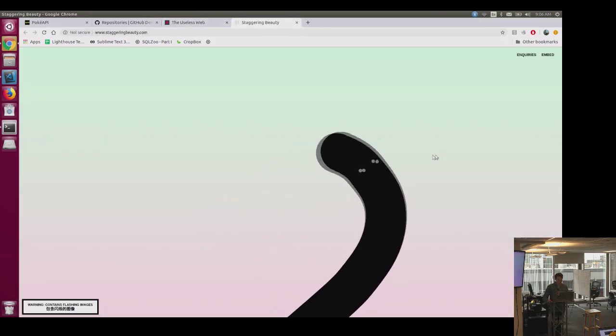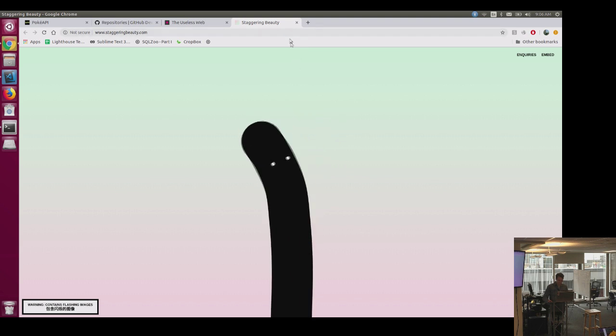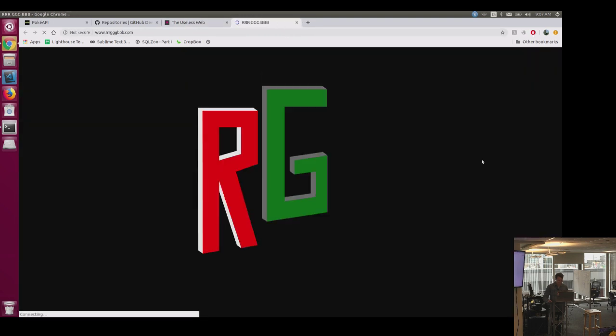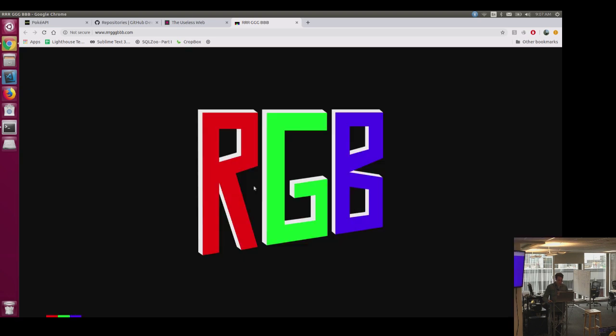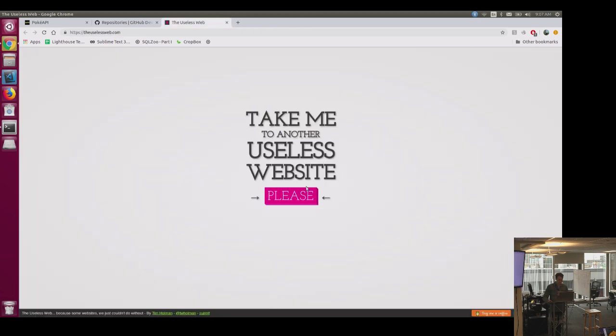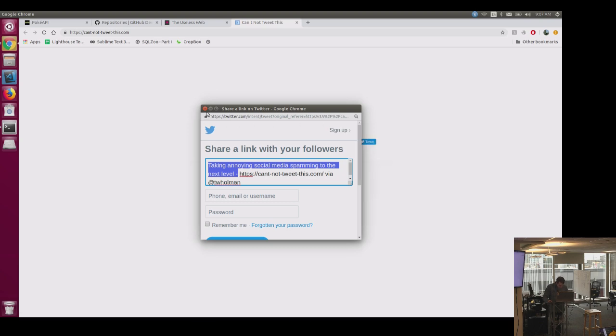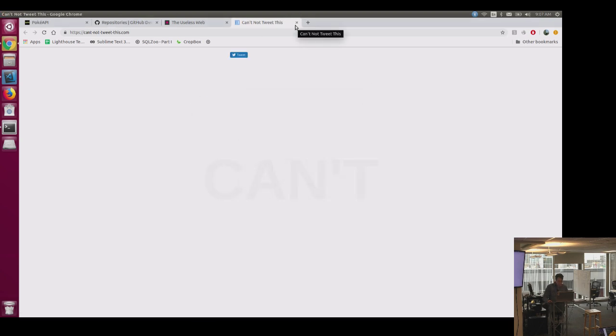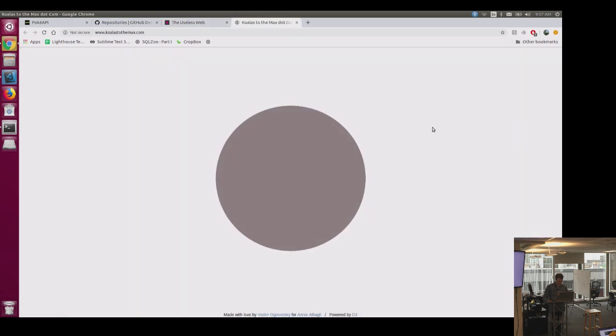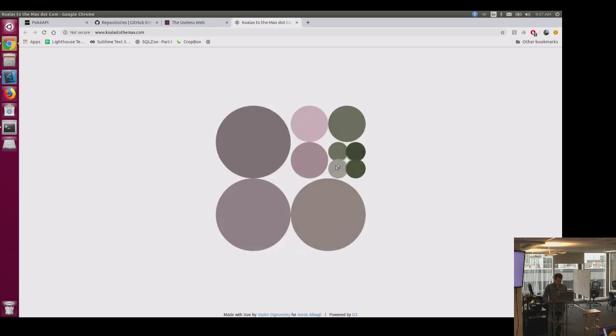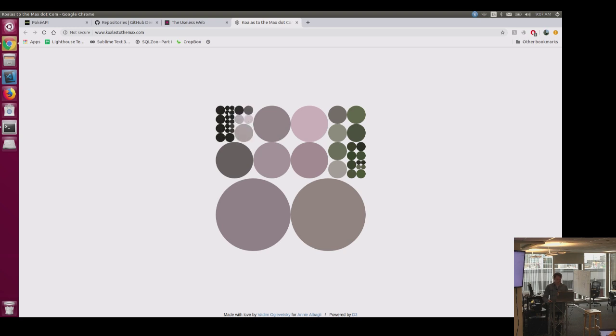Let's see, another site. Oh, this one's seizure inducing, so I'm not going to do that one. Yeah, a little bit. Seizure websites generator. All right, let's go one more. Oh, cool. So these are kind of useless sites, but we can see